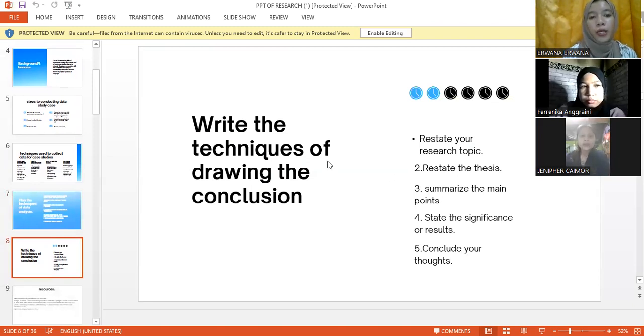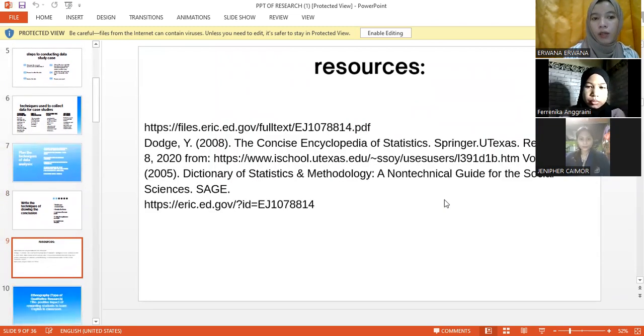And how to write the techniques of drawing the conclusion. The first one is restate your research topic, and then restate the thesis, and then summarize the main points. And the next is state the significance or result, and then conclude your talk. All right. So these are the resources that I used. And then